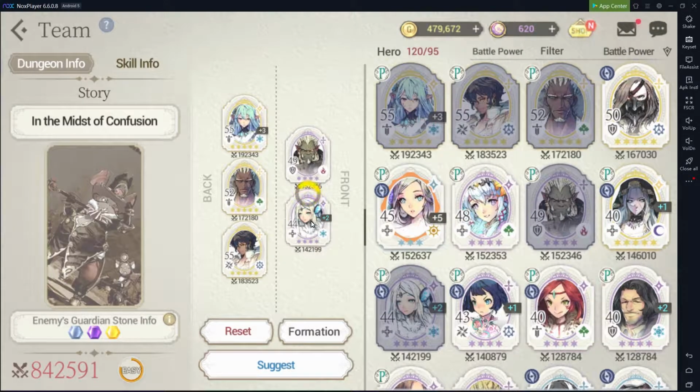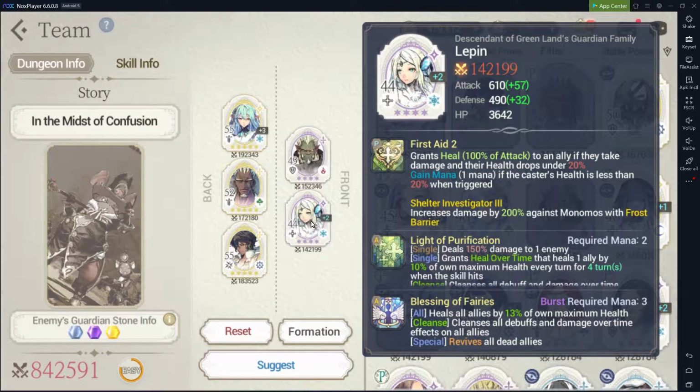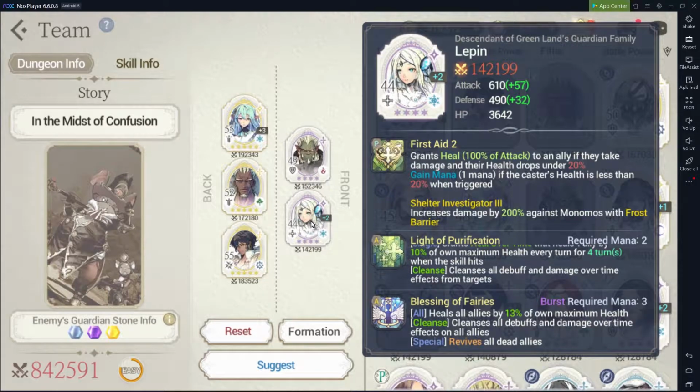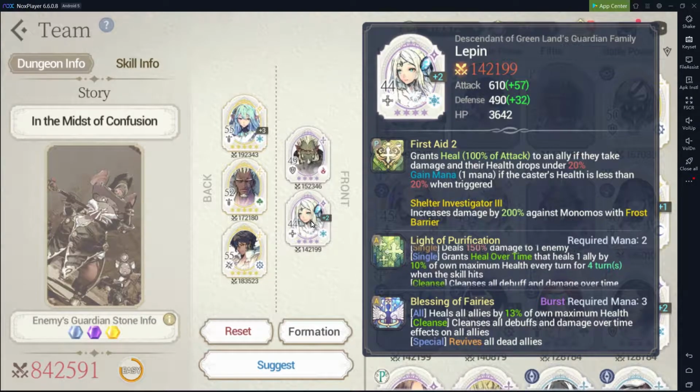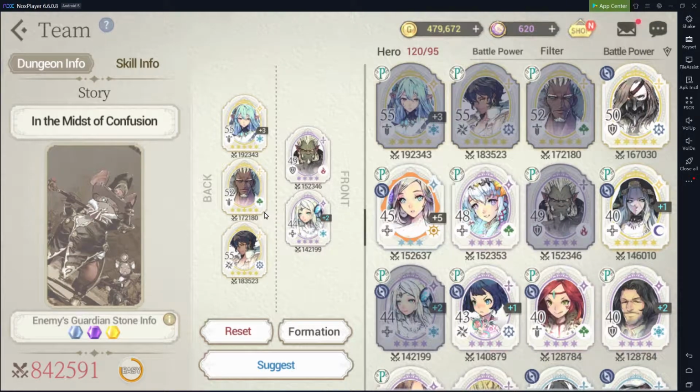And then I just put in Lepin, just your average healer, basically. Lepin is nothing special. So this just goes to show that even if you have some faded heroes, or even if you have some FC heroes,